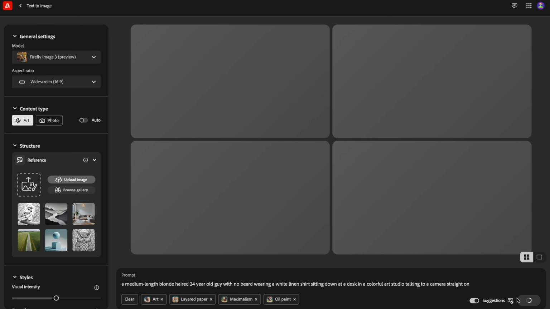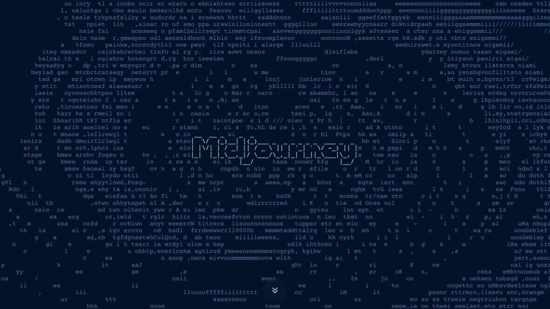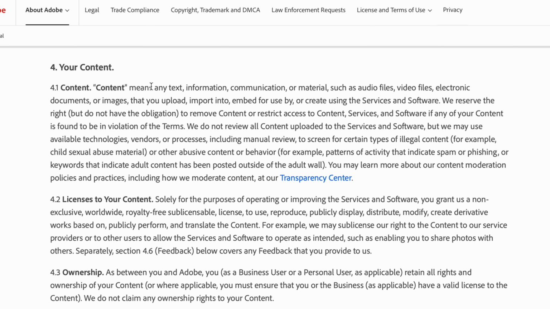create AI-generated images. Now, Firefly kind of sucks in comparison to Midjourney, which if you haven't used Midjourney, they were ahead of this game a long time ago. So now Adobe is desperately trying to keep up to make their AI app better. To make your AI app better, you just need more data. Now, data could be anything, just like Adobe said in their terms of service here. They said their data or their content is audio, video, documents, or images. So to make their AI better than Midjourney, they just need a lot of that stuff. And then their AI is so much smarter than Midjourney because it has so much more knowledge that it can